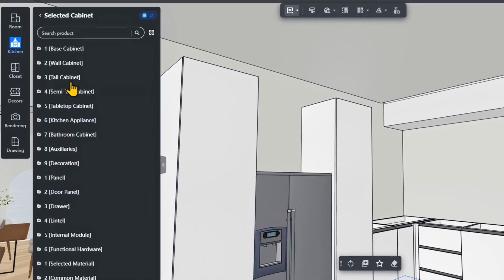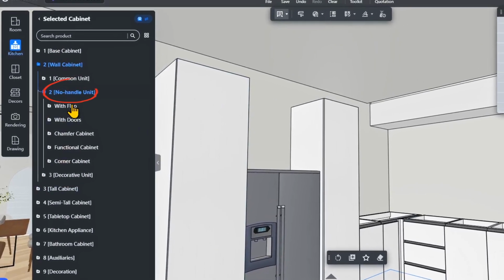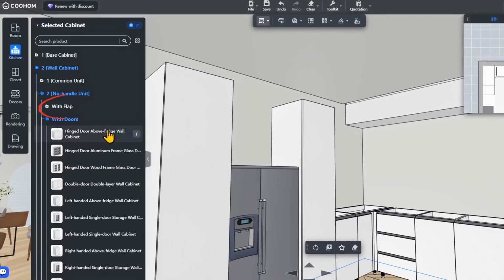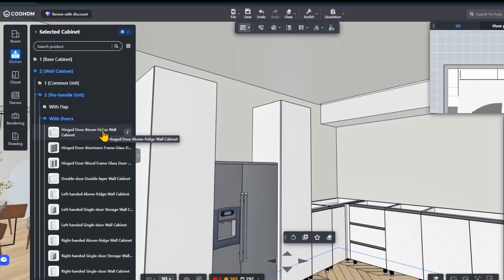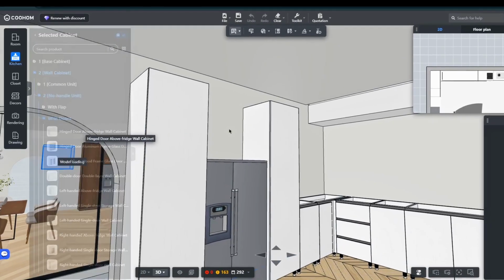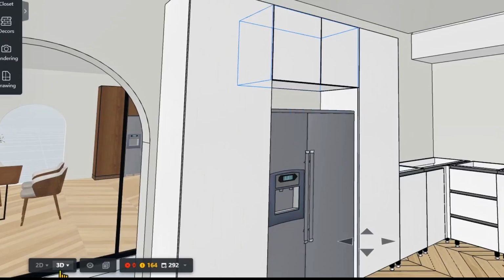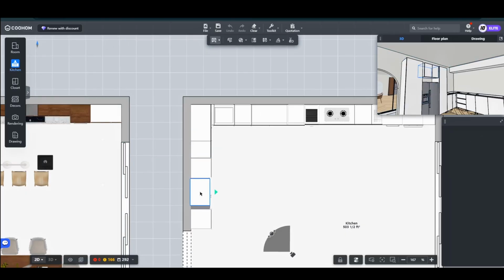Go back to Cabinets, select Wall Cabinets. Again, choose No Handle Style. You'll notice 2 options, Standard Door Cabinet, Flip Door Cabinets. For this kitchen, we're choosing Standard Door Cabinets. Start with a double door wall cabinet. Place it above the refrigerator. Positioning can be tricky in 3D mode, so switch to 2D mode. Align it carefully. Adjust the width, adjust the height,